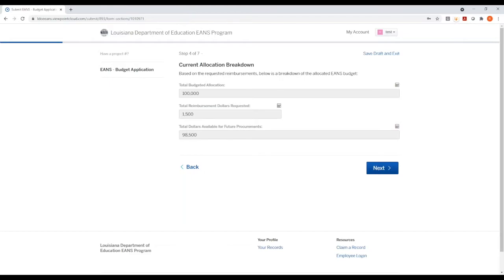This section, the current allocation breakdown section, is for informational purposes and will not require any action on your part. The first 2 boxes will auto-populate based on what you previously entered for your total budgeted allocation and what was entered in step 3 for the reimbursement requests. You should now be able to see your total dollars available for future procurements, also known as the amount of your allocation remaining for procurement after reimbursements have been taken into consideration, and that figure is represented in the 3rd